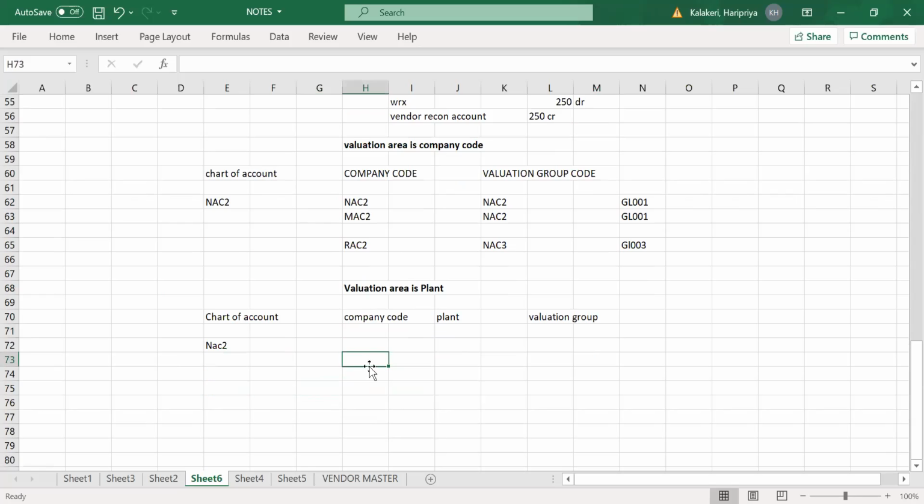This is my chart of account. Let's say my company code is NAC2. I have 3 company codes: NAC2, MAC2, RAC2. In this NAC2, I have